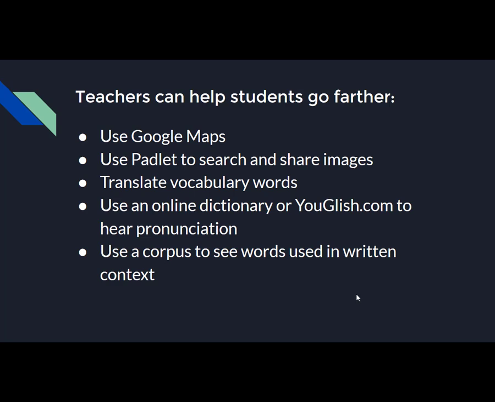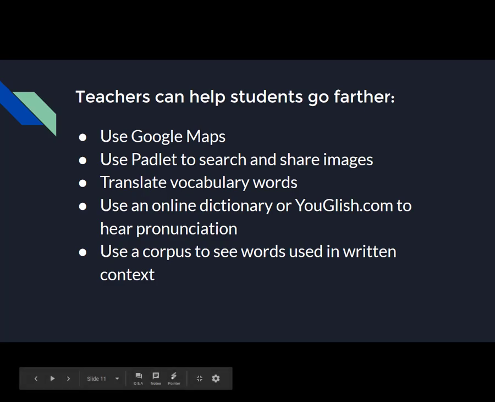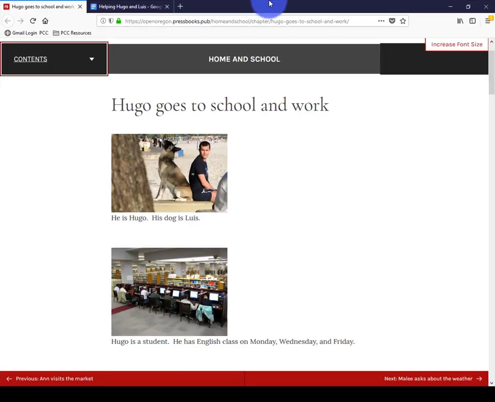with the material and extend the learning depending on your student's level and your time. Here's an example of a reading that I used with a class and some extension activities from the reading that used a lot of digital skills. So this reading is about Hugo going to school and work, and you can see here he is with his dog Luis. After we did some reading activities